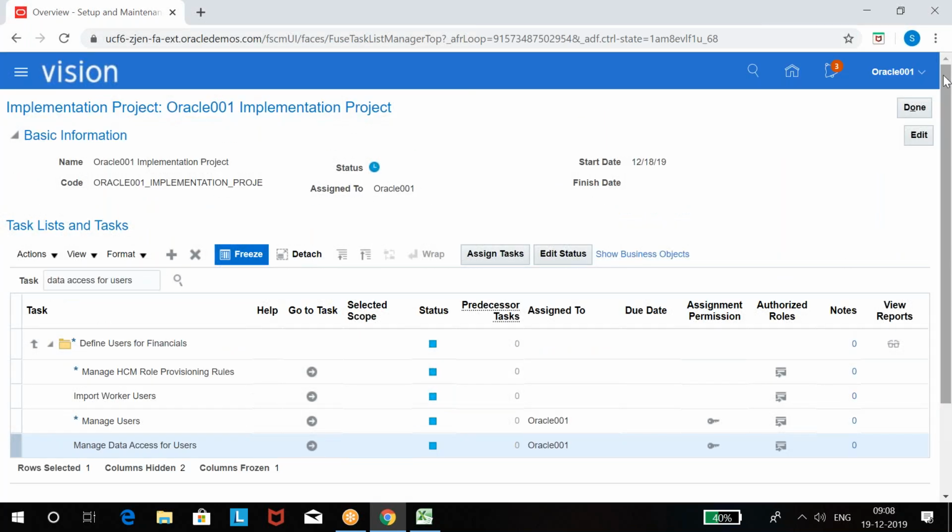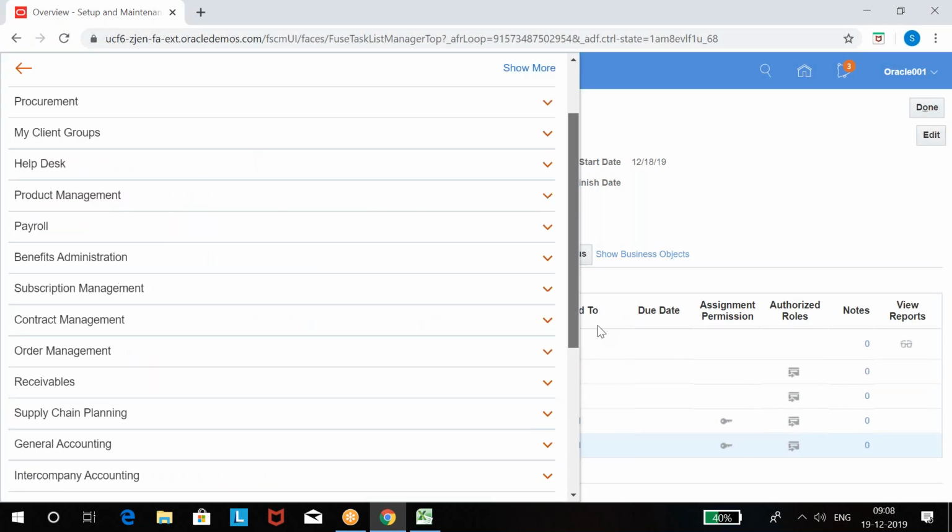We have modified the username, or we edited the existing username. Submit LDAP job. Whenever you change any information on an existing username, or whenever you create a new username, you have to submit the LDAP job. Click on the Navigator.